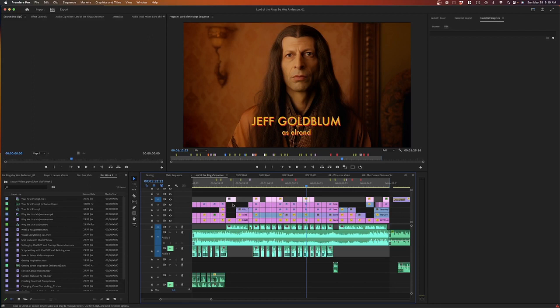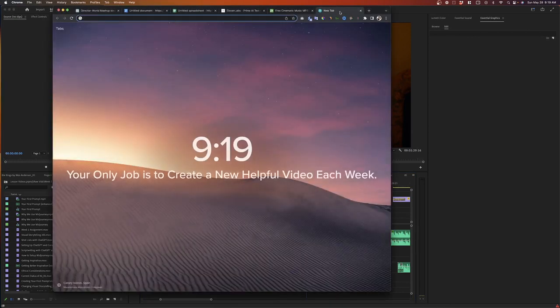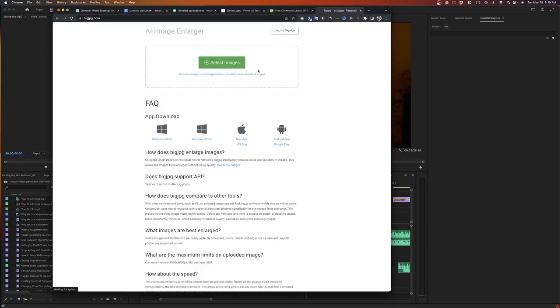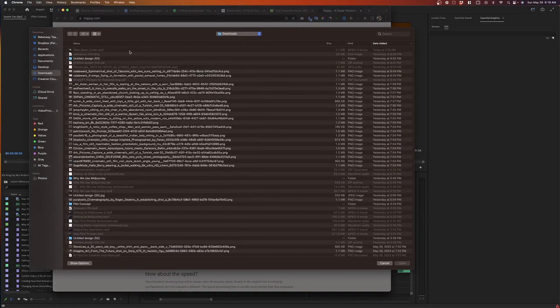So what you would end up doing is you would want to up-res your images. The images that come from Midjourney are typically only about 1,400 pixels wide, which is not wide enough to be HD or even close to being 4K. So to up-res your images, there's, again, many different tools. My favorite is the one from Topaz Labs, but that one costs a little money, so I'll show you a free version here. There is a tool called bigjpeg.com, and it's super easy. All you have to do is select an image to up-res,